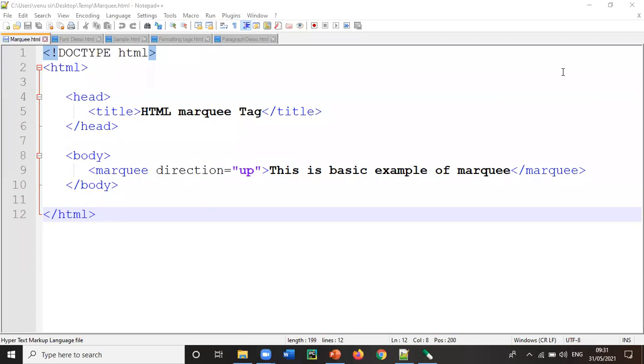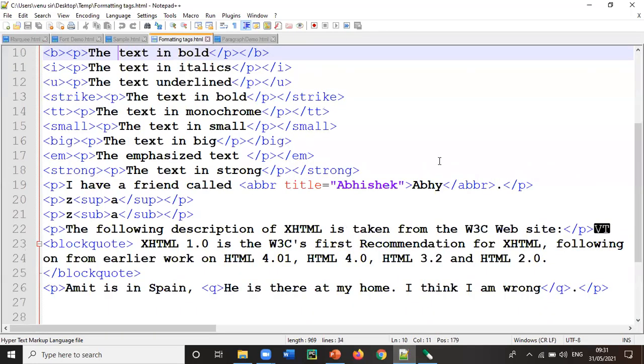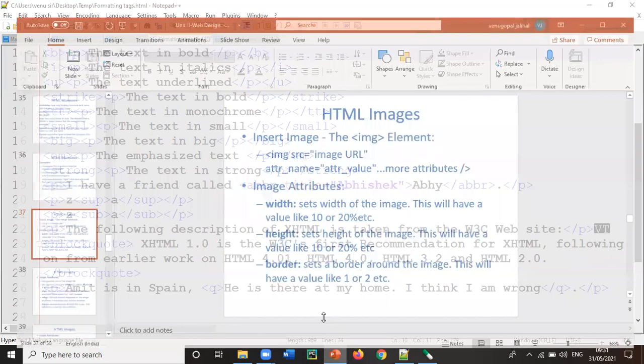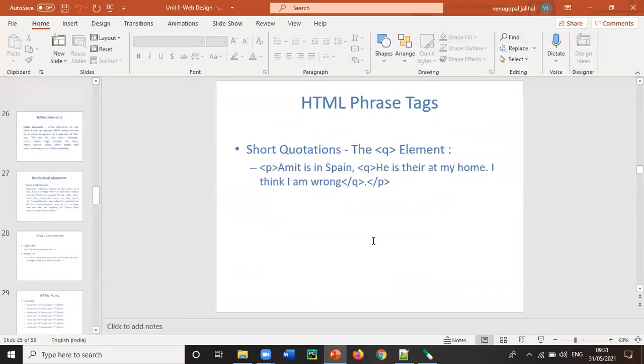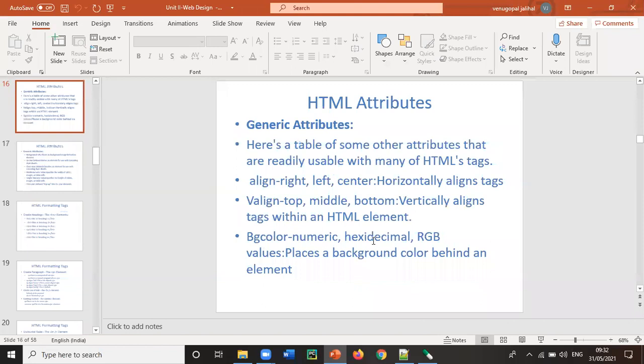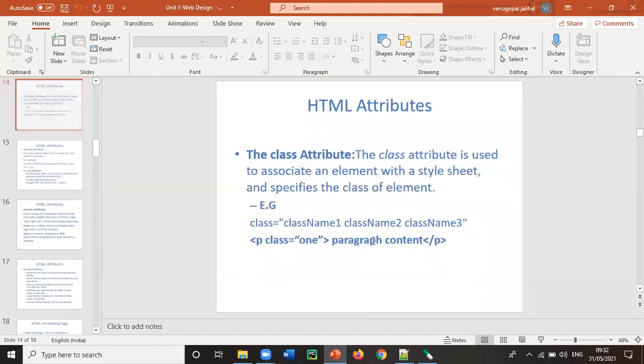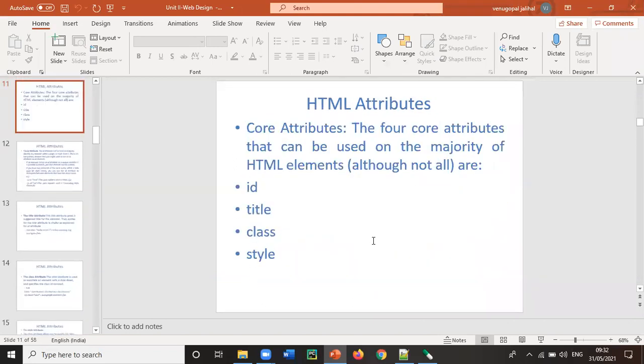Okay, so we'll resume from where we left off last time. I think we studied the formatting tags of HTML. Example we have seen. Now let us see the theoretical part, one by one. In the previous class we learned about the core attributes,